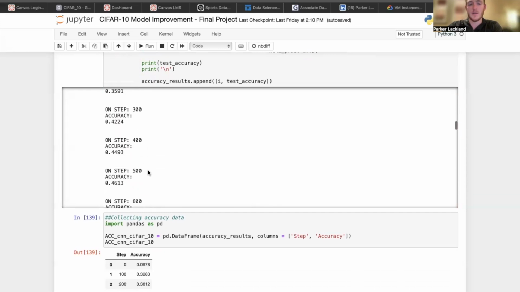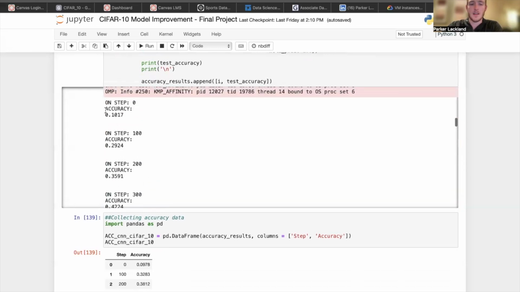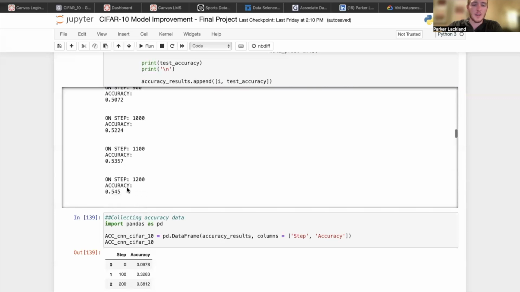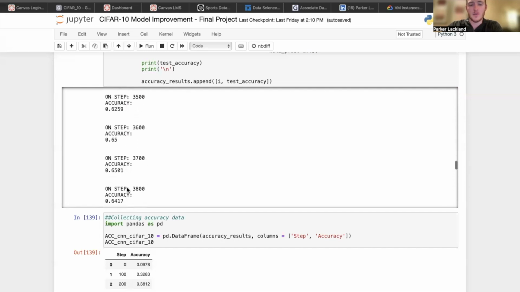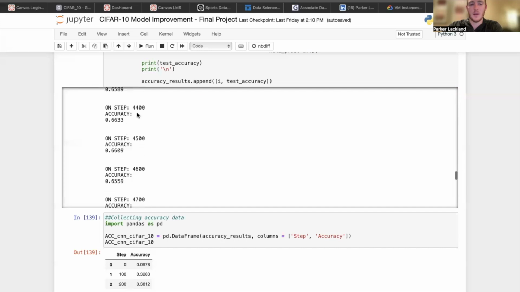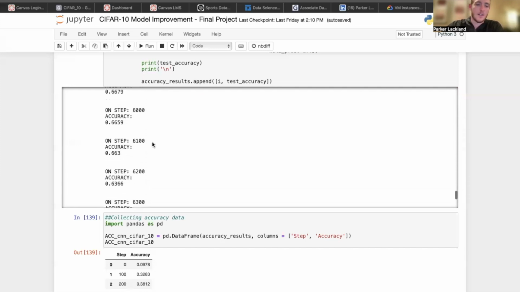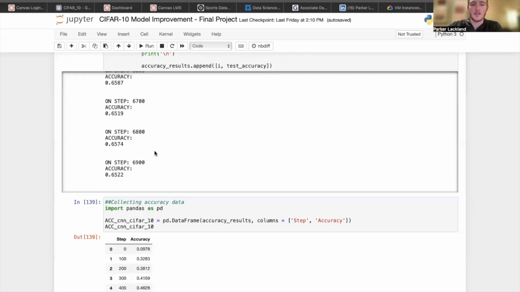You see here we have the same on step 0, about 10%, a little bit greater accuracy initially, not much though. It's not comparable really. And then we gradually increase to around 55%. The increase is slightly more gradual and then plateaus around the same step. Around 4,500 or so, we get to the 65, 66 range, get a little bit to the 67 range around 6,800, but the accuracy really levels out at about 66% by the end of everything,